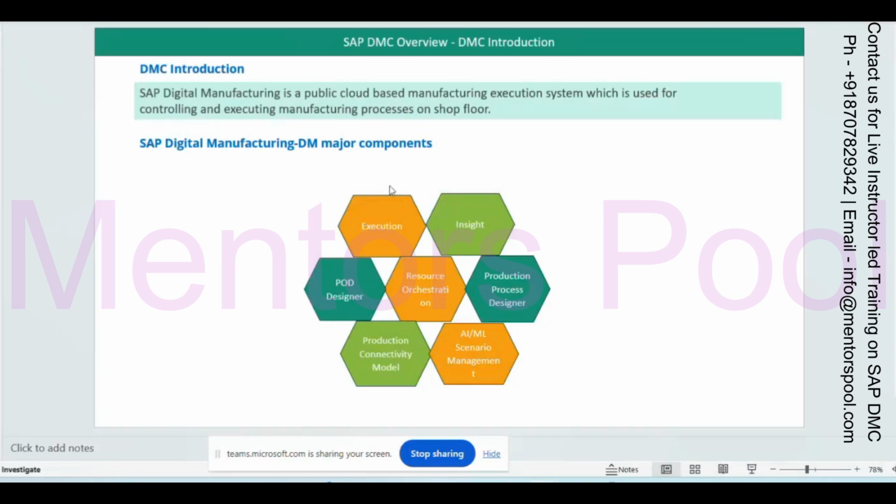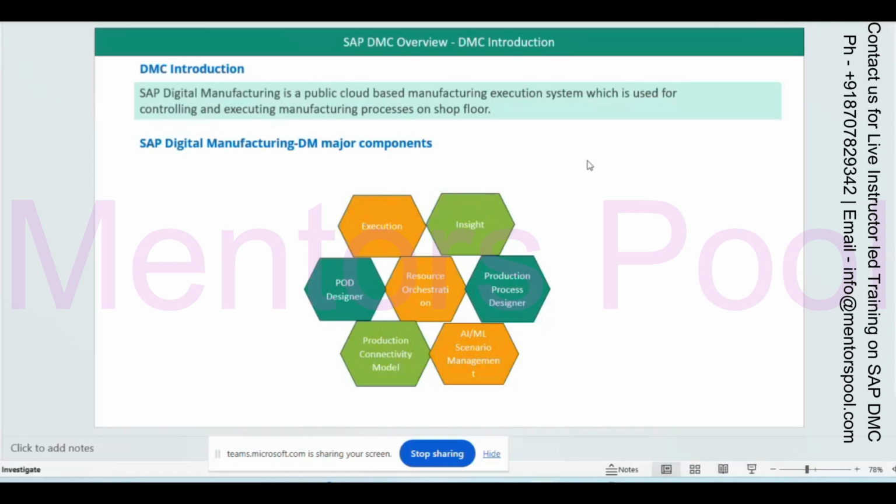Actually, we cannot say completely that DMC is similar to SAP MII, but you can say that DMC is very similar to SAP ME, and the MI part is also included there for integration.